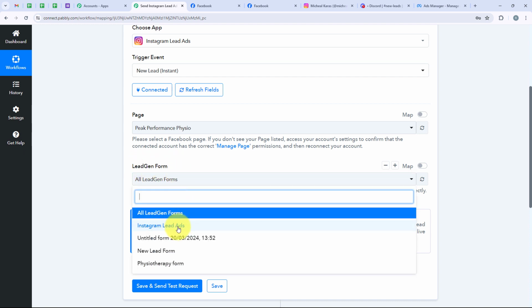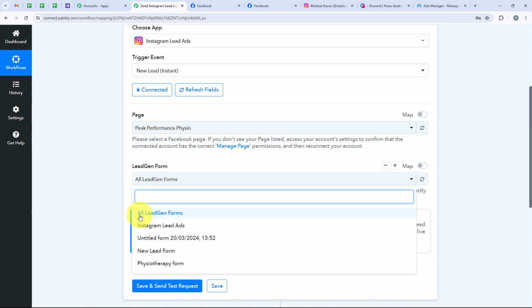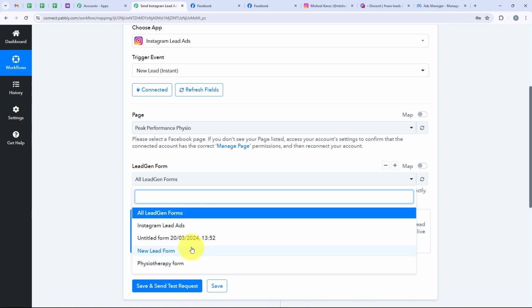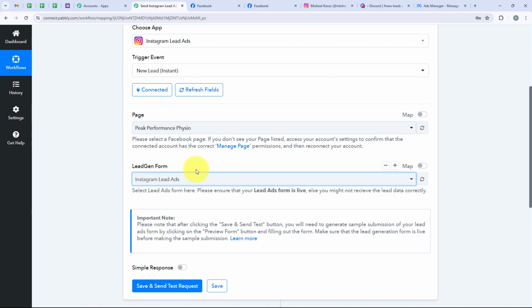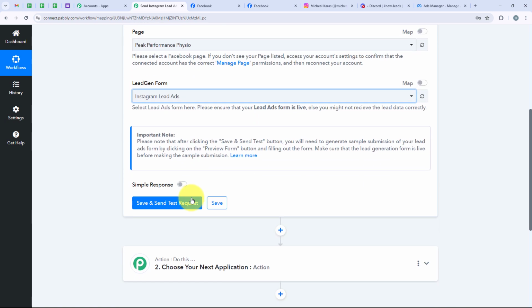I'm selecting this because I want only the details of the leads of this particular form to be sent as an alert message to my Discord. If you want to create this automation for all lead gen forms, you can select all lead gen forms or any other desired form. So after selecting my desired form, I'm going to go forward and click on save and